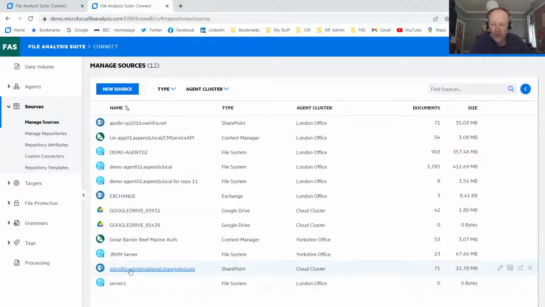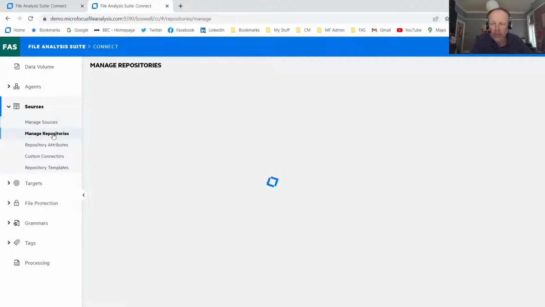Today we're going to be looking at some data that's in the Micro Focus SharePoint collection area, and we're going to use the cloud cluster. So we're using cloud-to-cloud connectivity to analyze this data. So these are the sources of data I have in my system, and if I show you now the repositories,